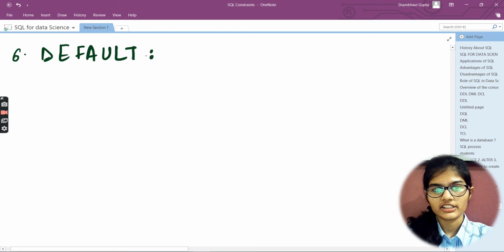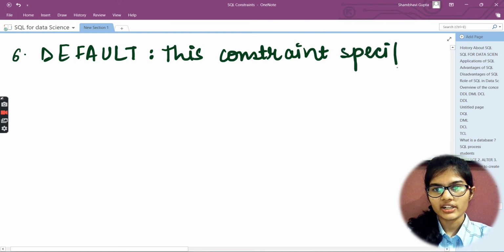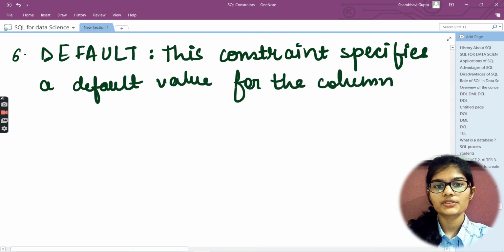So here goes the default. Fine. So let's discuss this particular thing. This constraint specifies a default value for the column. So this particular constraint specifies a default value for the column where